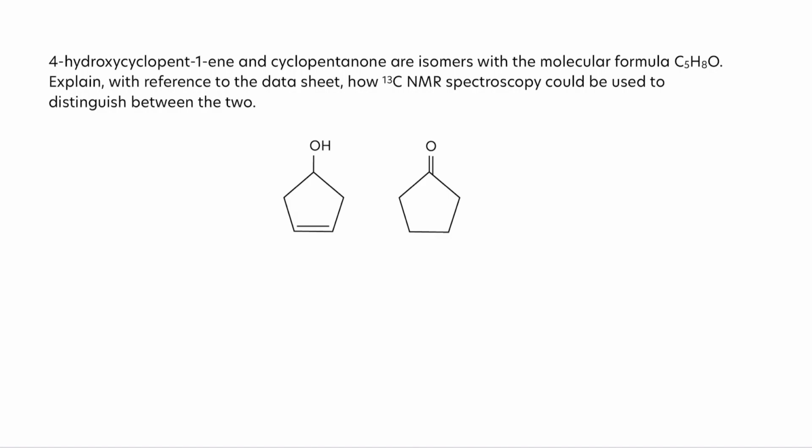4-hydroxycyclopentene, that is a mouthful, and cyclopentanone are isomers with a molecular formula C5H8O. Explain, with reference to the datasheet, how carbon-13 NMR spectroscopy could be used to distinguish between the two. So we already know the 2 things that we're going to have to put into our answer. How many peaks we'd expect on each spectrum, and we need to predict the chemical shift range for each type